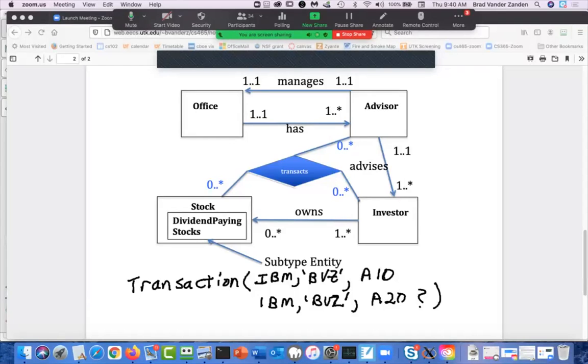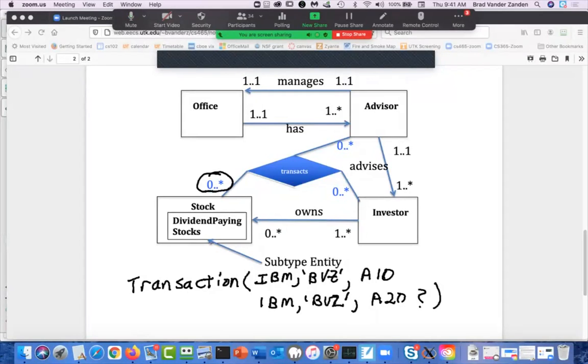Okay, then for the next one, we want to determine how many stocks an advisor may purchase for an investor. And I think even without trying to figure that one out, it should be obvious that an advisor may purchase 0 to many stocks on behalf of one investor. Okay, a new investor, they may not have yet bought any stocks for that investor, but over time they may also purchase many stocks for that investor. So that's kind of an easy one. And then